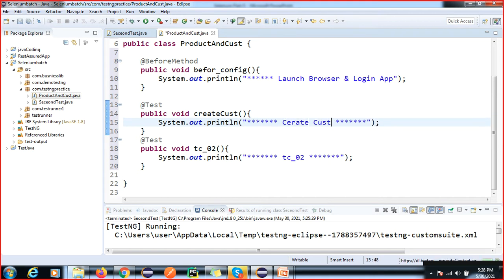So this is one test case, and this is another test case: modify customer and verify. So these are the test cases.